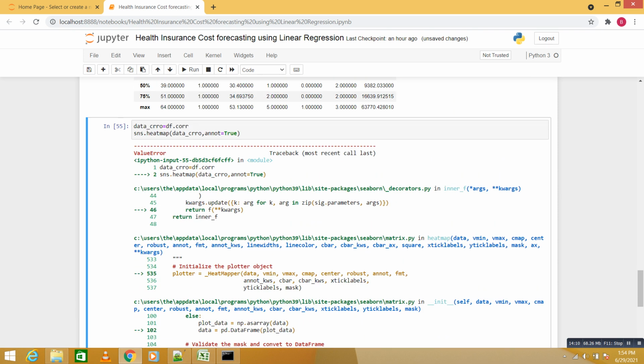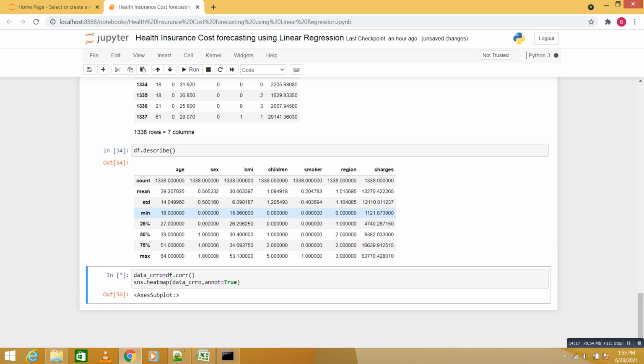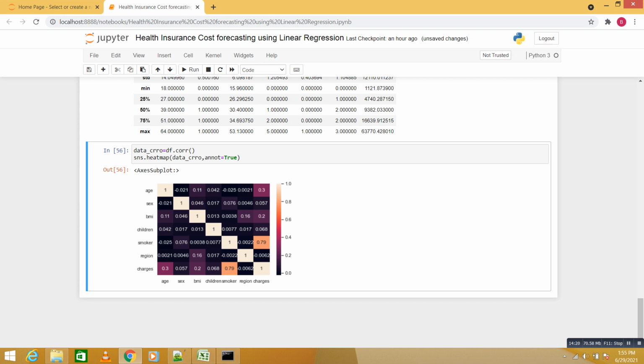It was the missing value. Okay, so I just forget the column. So if you see, this is nothing but our correlation. Okay, so one means we have a good correlation. Okay, minus means we don't have good correlations. So data value between 0 to 1 is a positive correlation, and if the correlation value is less than 1 or minus, we say we don't have good correlations.